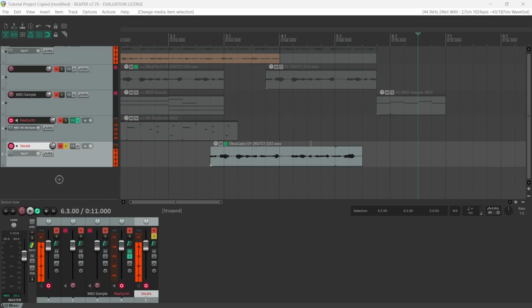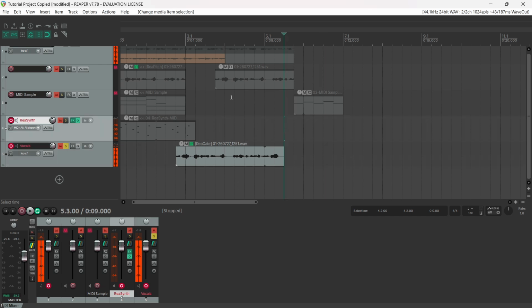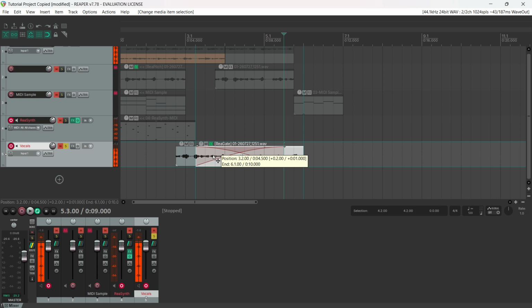In this video, I'm going to show you how to stretch audio in Reaper. Now, the easiest way to do this is to basically pick the audio you want to stretch. So for example, I want to stretch this part of the audio over here, and then I'm going to actually